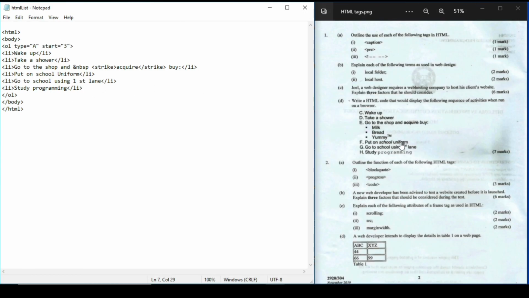So what's next? Put on school uniform, go to school using Fastlane. So this is a superscript, using Fastlane. Fast ST is in superscript. So for this we're going just to type the superscript tag, which is SUP. SUP.